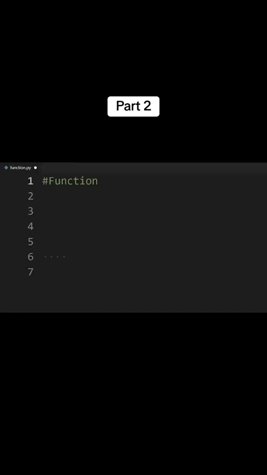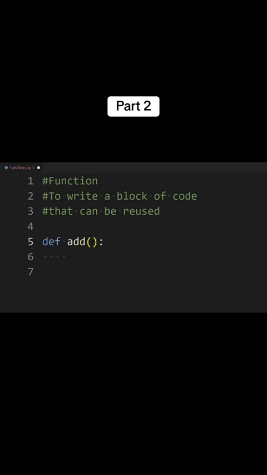Now let's look at how to use functions in Python. We use functions to write block of code that can be reused multiple times in our program. A function can take one or more arguments and return a value. You can define a function using the def keyword, then the function name, and then in parentheses if